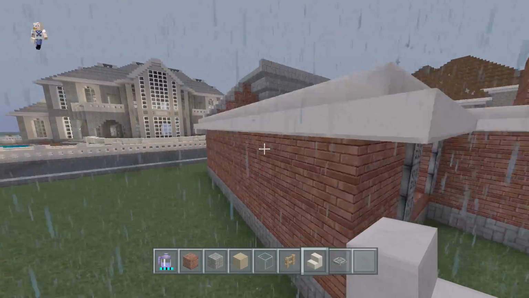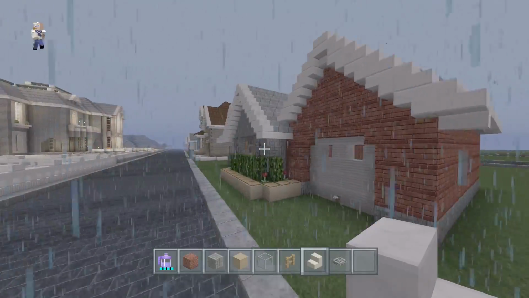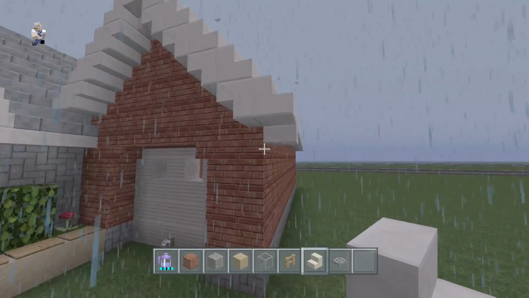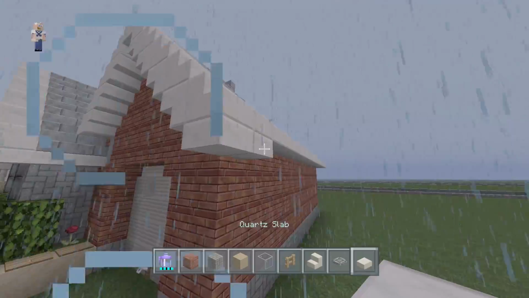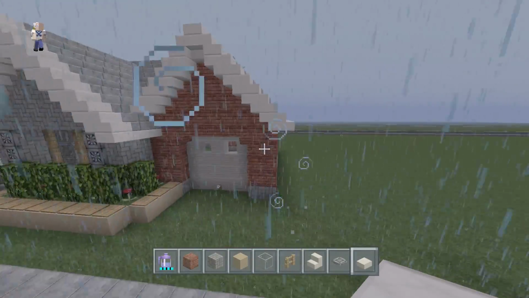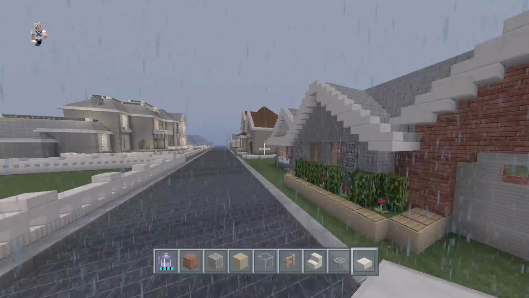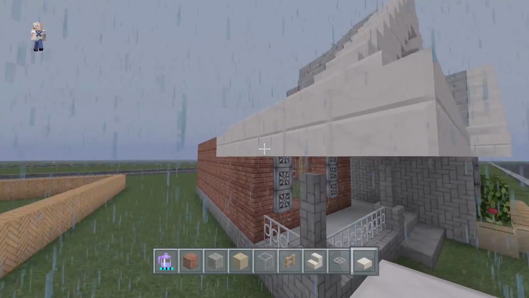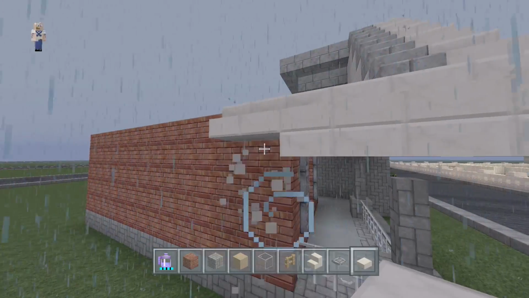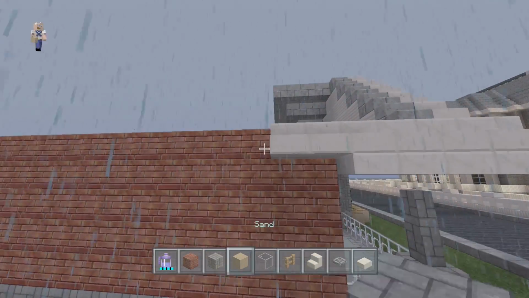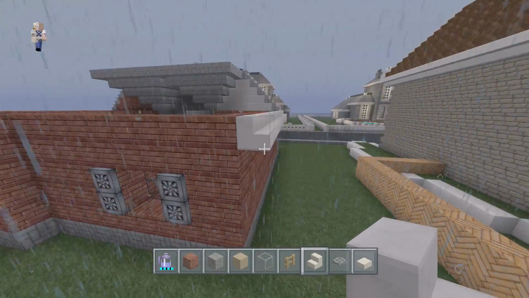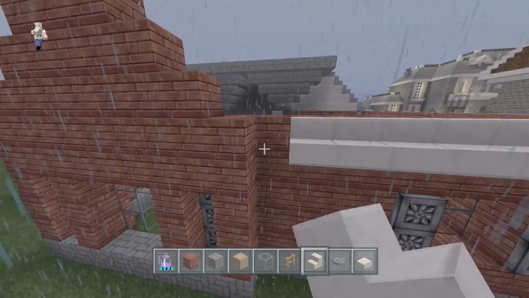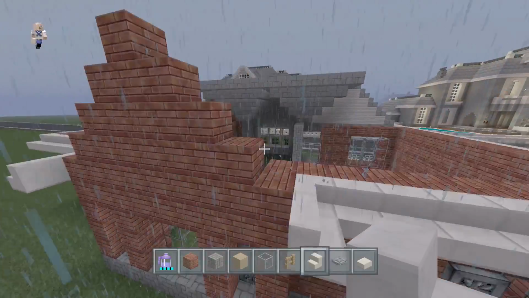Do we want to have the quartz extend on throughout the entire building? That's something that I have to think of real quick if we want to do it or not. I think we should have the quartz stop on the ends. So we're going to have it stop. Once it gets to here, we're going to stop it. So we're going to stop this one here. But we are going to continue on with the quartz stairs themselves. I think if we added the quartz, it would be too much for everything. So we're just going to keep it nice and simple.